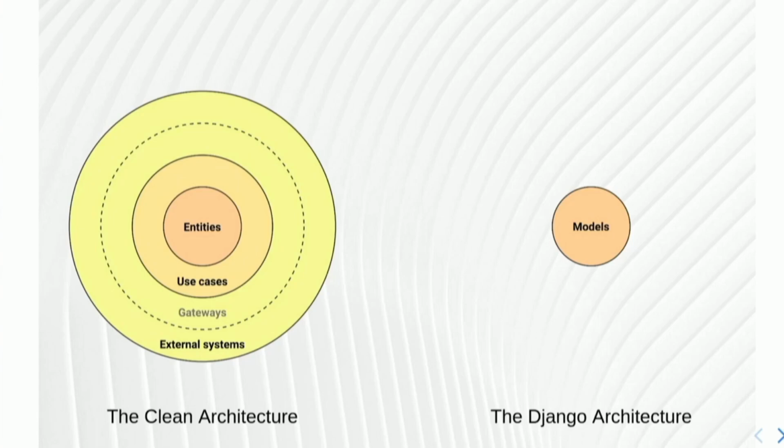Well, Django has models. These are similar to entities, superficially speaking. They just represent part of my business, right? I have items, I have, I don't know, books, films, something that I'm marketing. I have business logic, obviously, otherwise, why should you use Django? You have something to market, right? Something to sell. Business logic in Django is usually implemented in views, but it can be implemented in functions that are called in views, okay? So this is similar, if you want, to what I did before with the clean architecture.